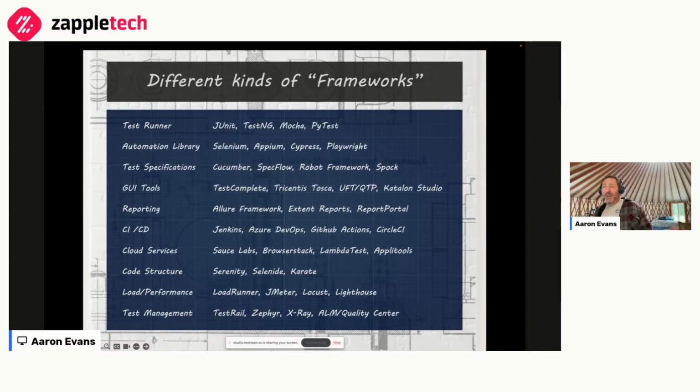as well as other tools like reporting, your continuous integration flow. These are extra pieces of your test automation puzzle. But you've got things that have framework in the name, like Allure Framework. It started out as a reporting tool. It's grown to combine other features. Same thing with Extent Reports. And you might have a service like Report Portal that gives you reporting services. That could be a piece of the puzzle, or it could be considered a framework in itself.